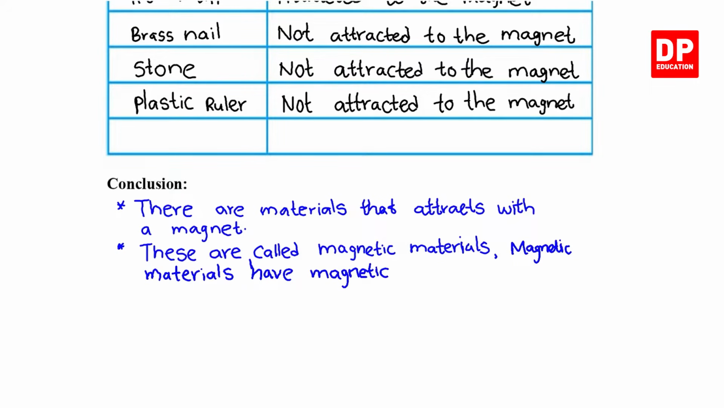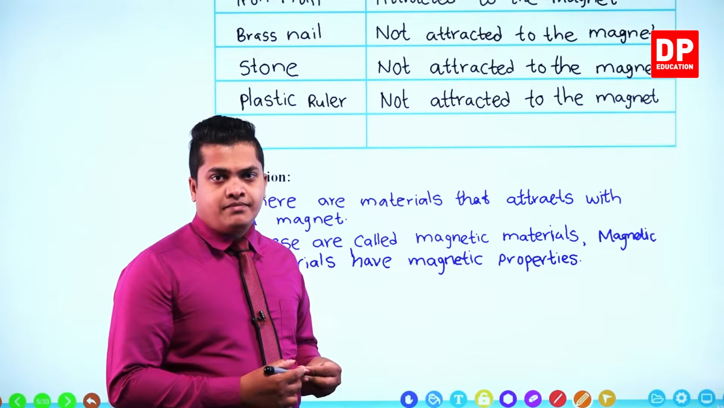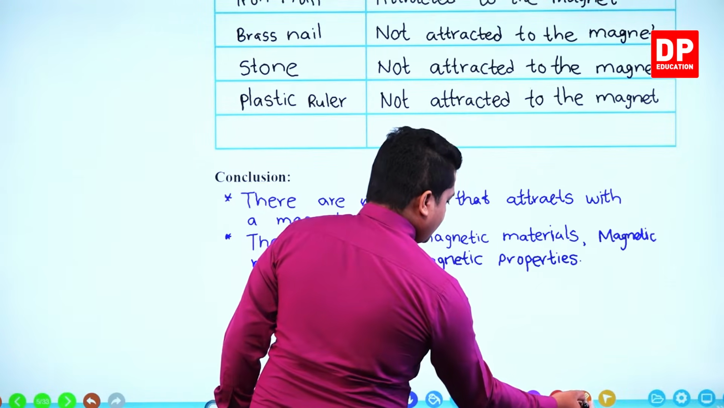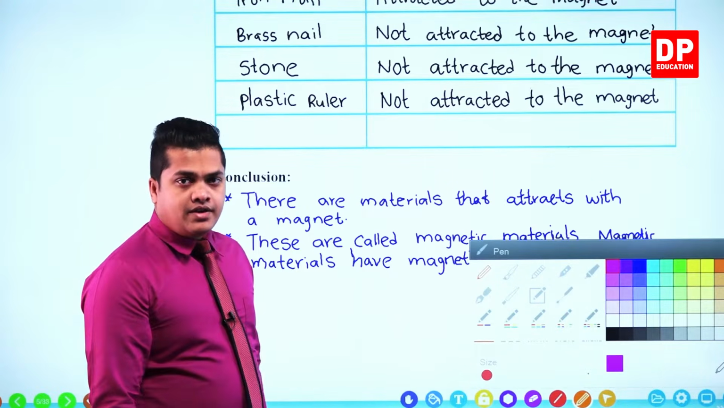Magnetic properties. Magnetic materials have magnetic properties. That's why they are attracted towards a magnet. So we'll move on to the next one to discuss what are referred to as non-magnetic